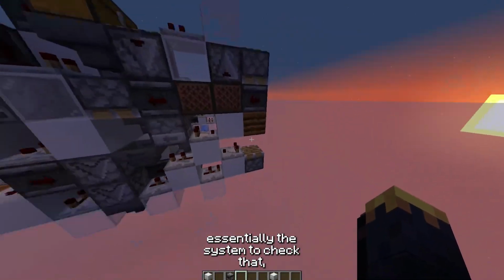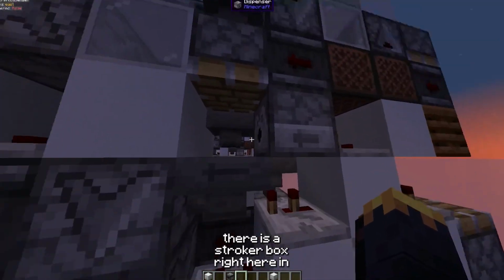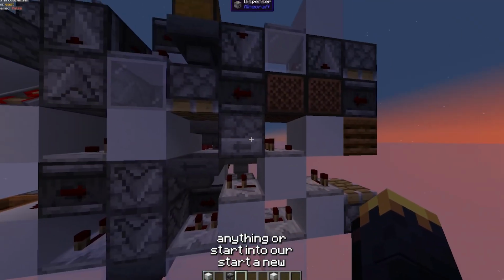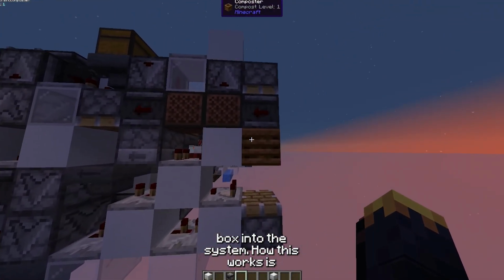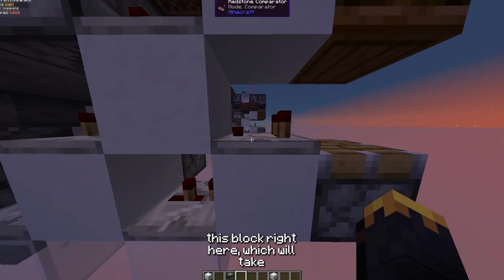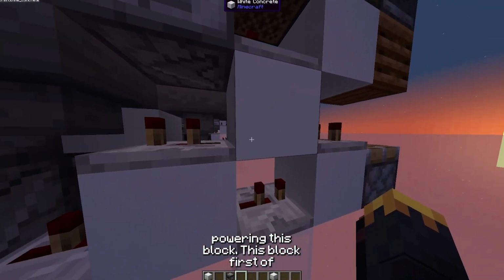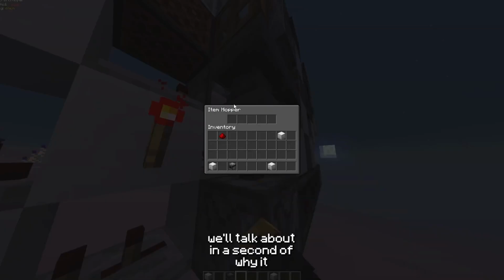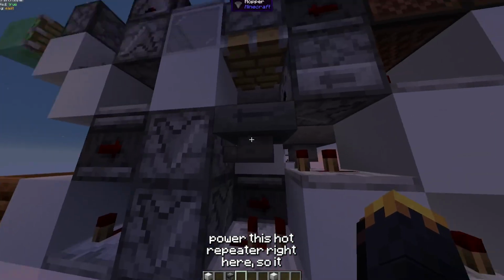So this is essentially the system to check that there is a shulker box right here in place, and we can put items into the system, and we don't have to recycle anything or start a new box into the system. How this works is the composter will be moved down to this block right here, which will take an output from this comparator, which will be powering this block. This block, first of all, unpowers this redstone torch, which we'll talk about in a second, but it will also power this hot repeater right here, so it will lock this hopper right here,